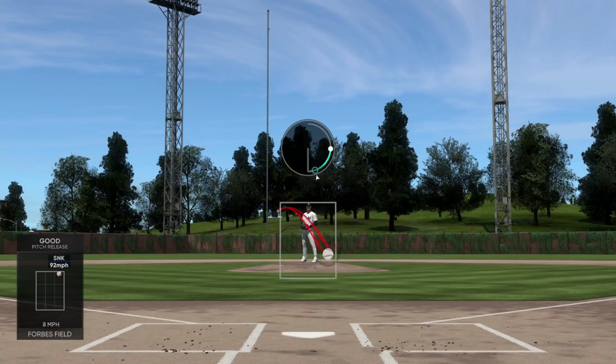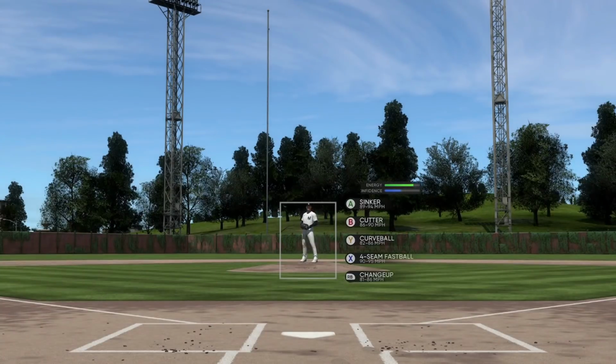Like I said, sinkers inside on the handedness if I'm going against the lefties. Righties, I love it too. I don't love sinkers low and away. Sinkers low and away, I don't know if you see the path of the red, it feels like it's going over the middle of the plate, so a lot more guys will swing at it. That's why I prefer the